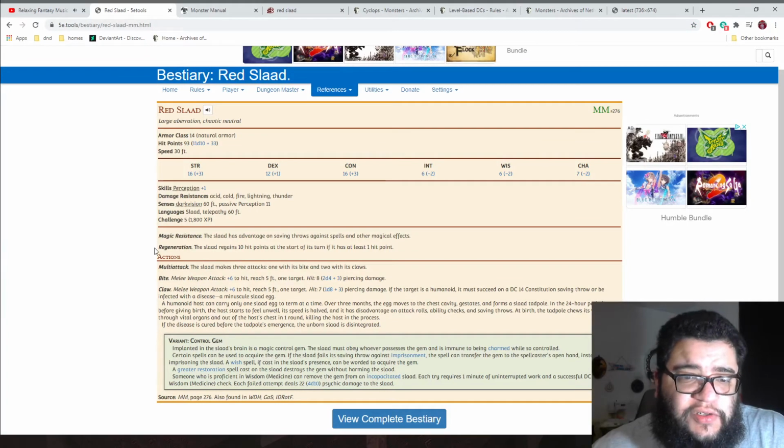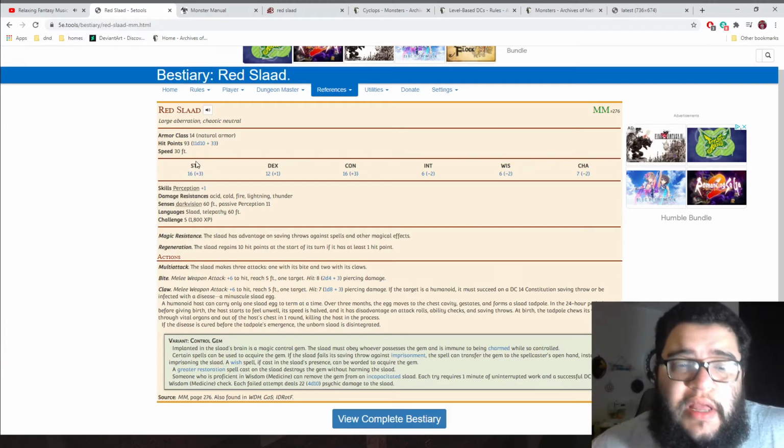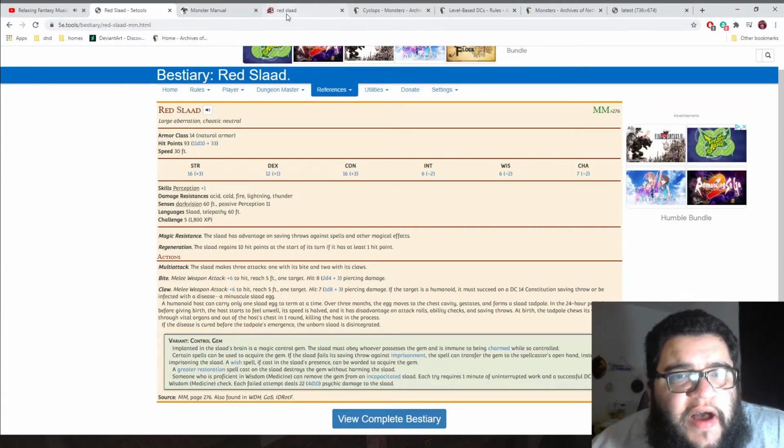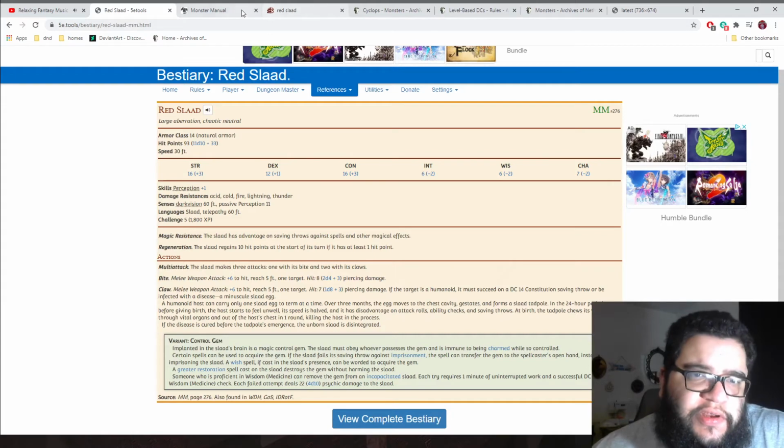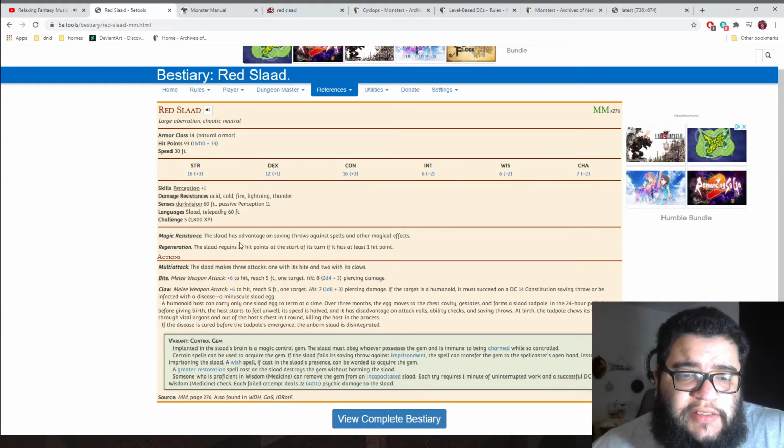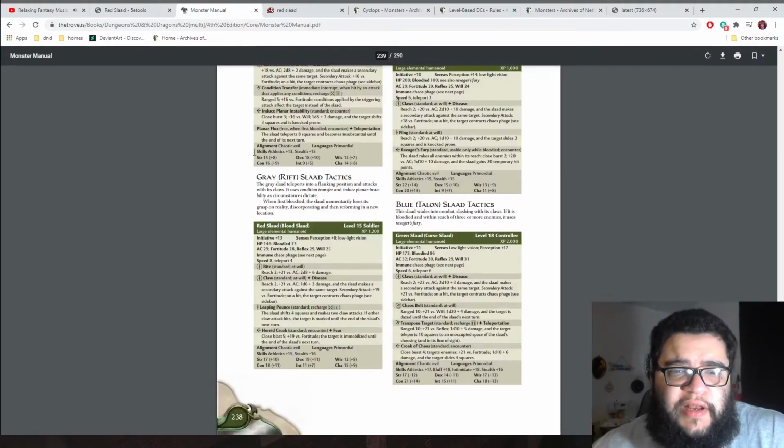He has resistance to acid, cold, fire, lightning, and thunder. Keep all that the same and just say, it's 5 resistance, because that's what most creatures have as resistance at this level. Next, after you put in all that stuff, you're going to want to find a template, is what